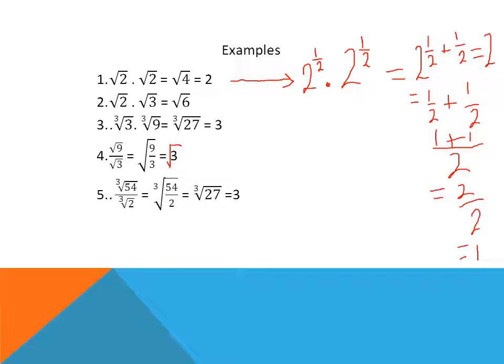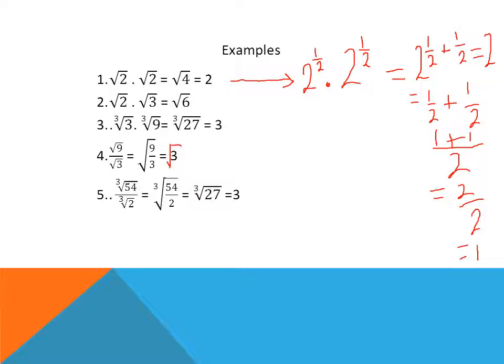Let's take some examples and see how we can solve them. I am going to show you two ways of solving this, using the multiplication law and using an alternative way. Example 1. If we have the square root of 2 multiplying the square root of 2, we multiply the radicands, the numbers inside the root. So we are going to have 2 times 2. We are going to have the square root of 4, and the square root of 4 is 2. The alternative way of solving: